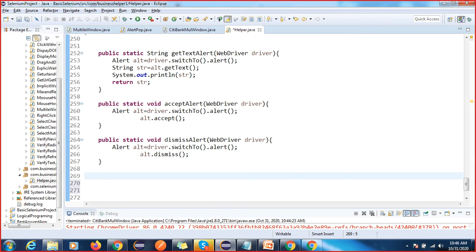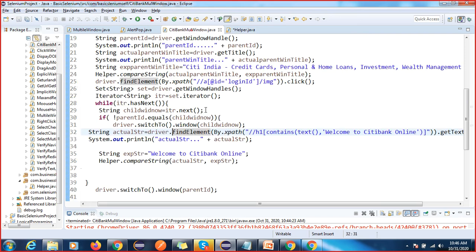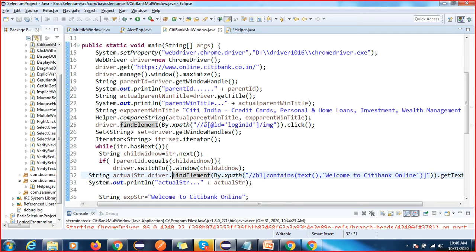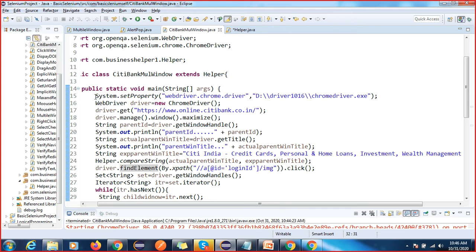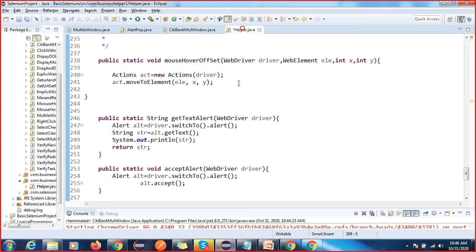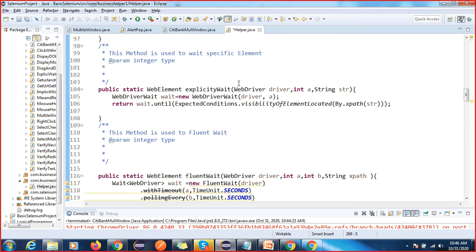Okay, so here the repeated steps are here. First of all, this app, right? So I'm going to change the URL here.